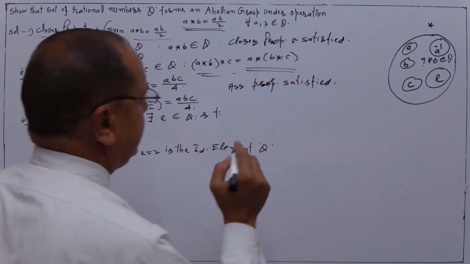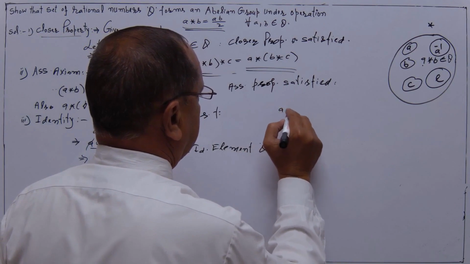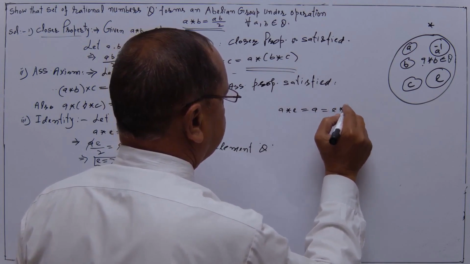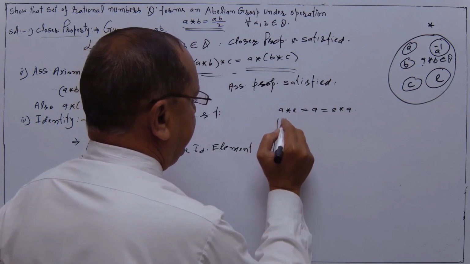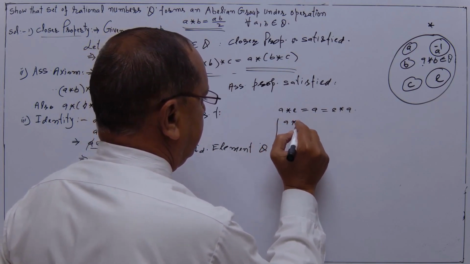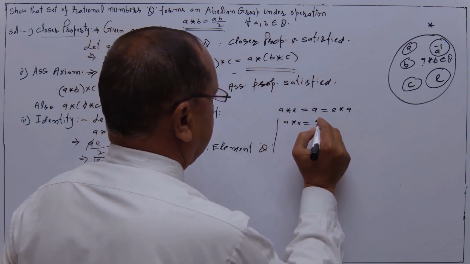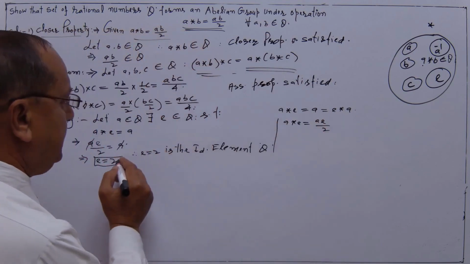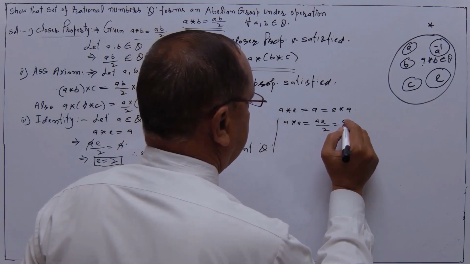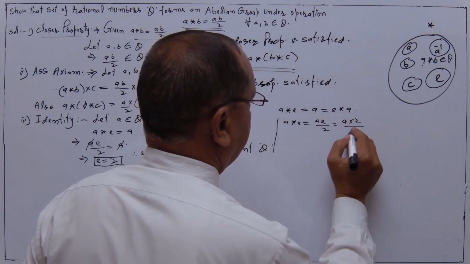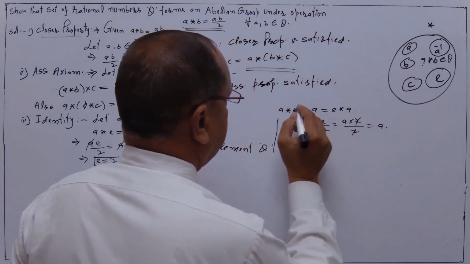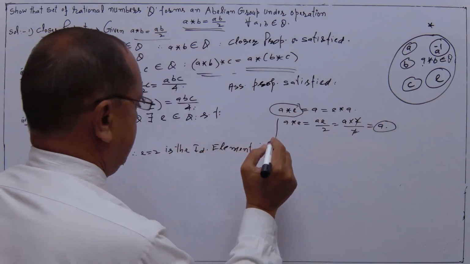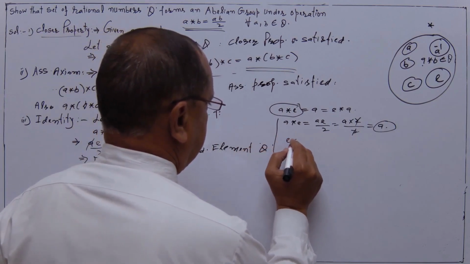ठीक। अब इसमें आइडेंटिटी एलिमेंट में ये आता है कि A star E मस्ट बी इक्वल टू A एंड दिस शुड बी इक्वल टू E star A, इसको हम वेरीफाई करेंगे। A star E according to this condition, that is AE upon 2, where value of E is equal to 2, and this is A into 2 upon 2, 2 and 2 cancel, this is A. It means A star E is equal to A, condition first is satisfied।